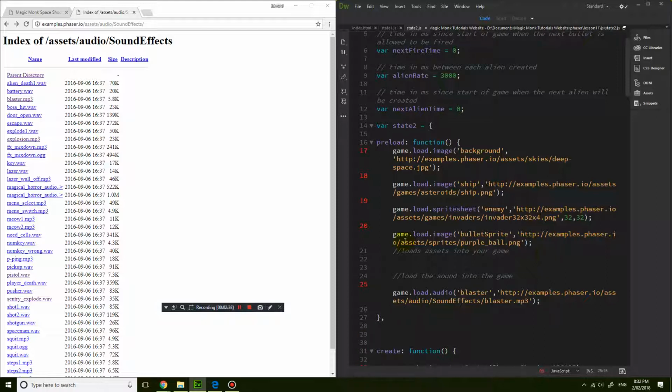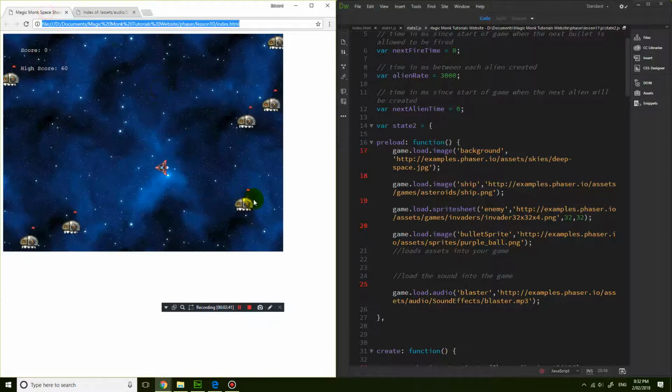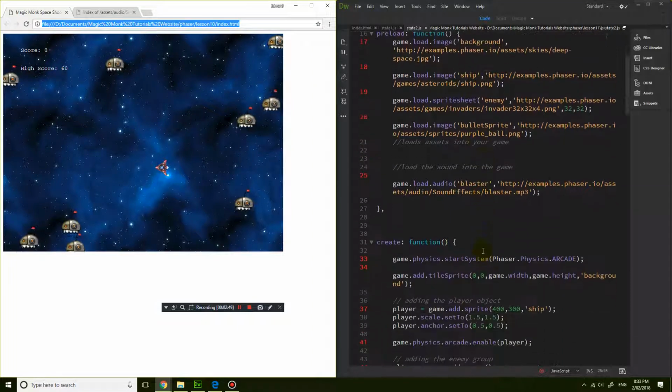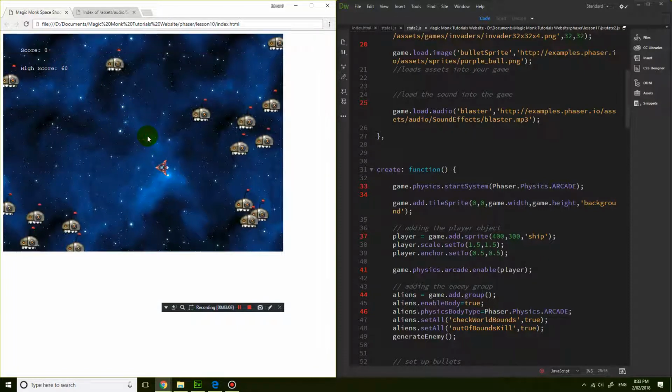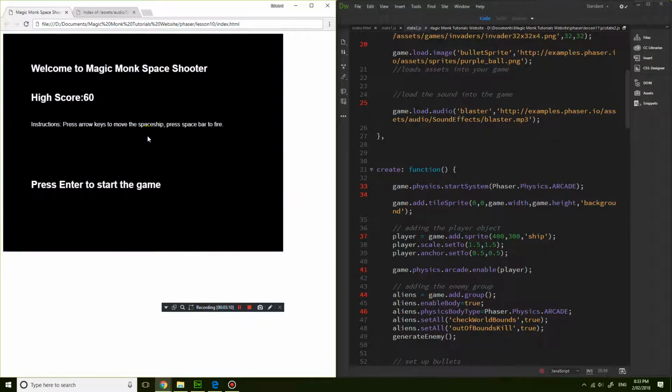Okay, so let's save it. And then the next thing we want to do is import it. We want to then load it in the create function, because this is simply importing the file. You haven't said anything about how often you want to play it, the sound level, things like that. So you want to set all those in the create function. So let's now